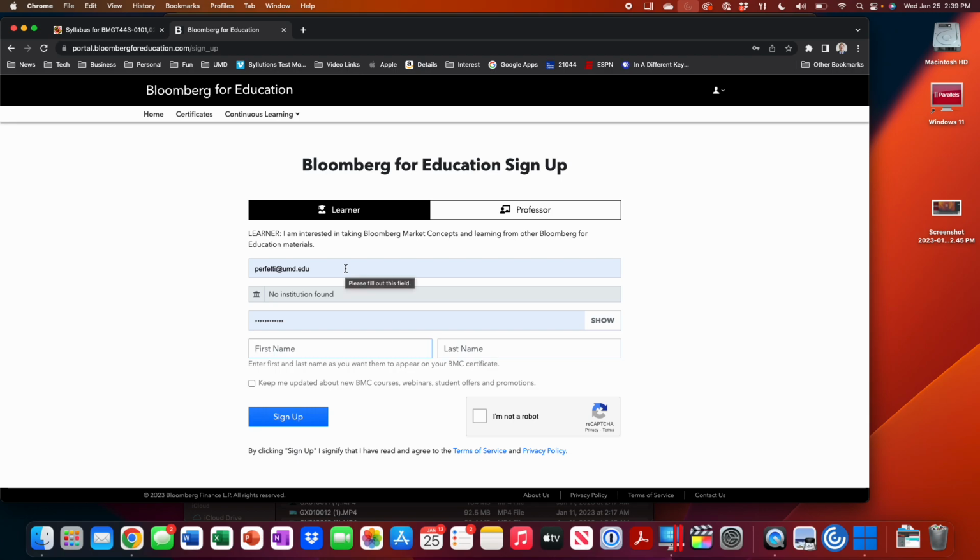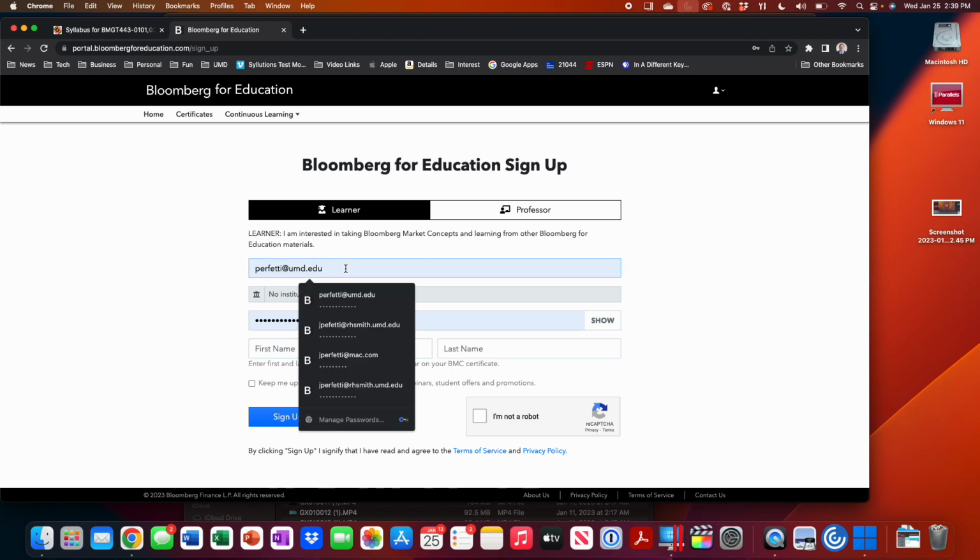Very important: that email address has to end in umd.edu. Not gmail.com, not yahoo.com, umd.edu. You should have two UMD emails. I have perfetti@turpmail.umd.edu and perfetti@umd.edu. Two separate emails, either one could work here.